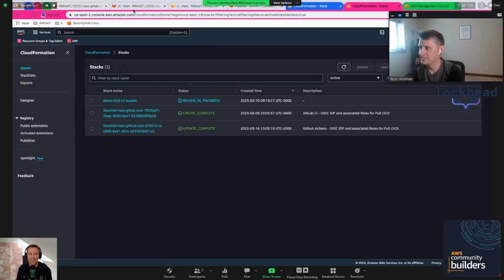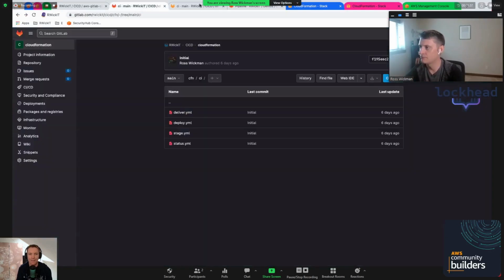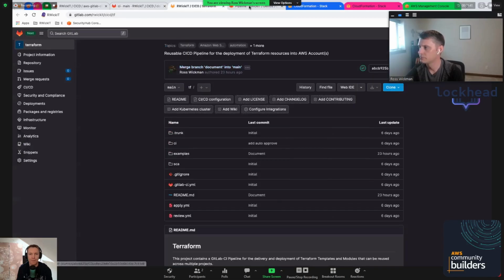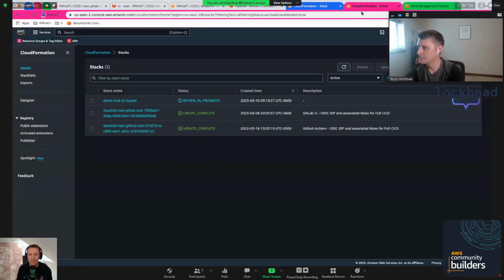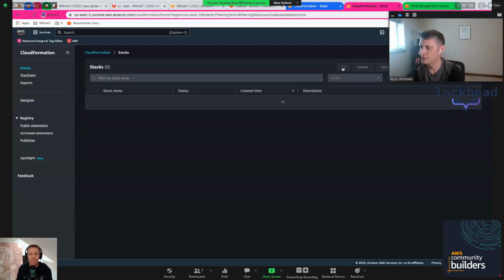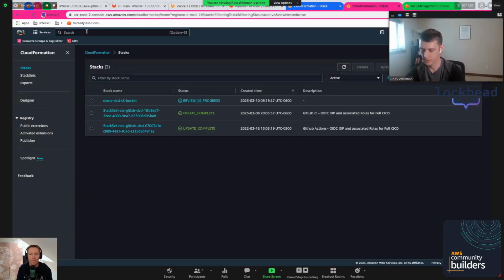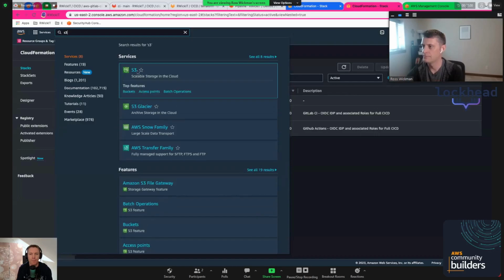So once I say in my pipeline now, if I can find it. Here we go. So it's sitting there, I want to deploy that bucket. This is a manual deployment in my pipeline, just so I'm not making changes live, but that could be automatic. It could have already deployed by now. So that sends a signal to AWS to finish that change set and actually deploy that bucket. So while we're waiting on that,